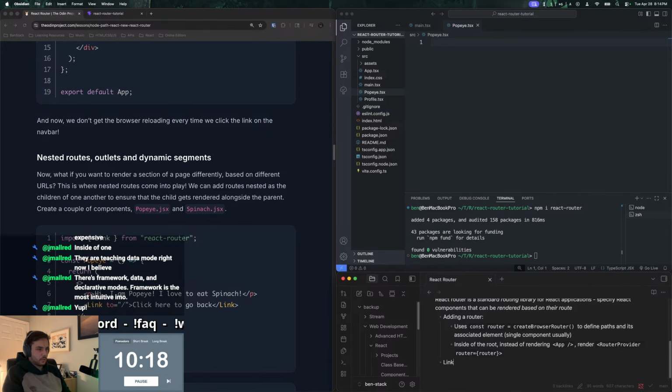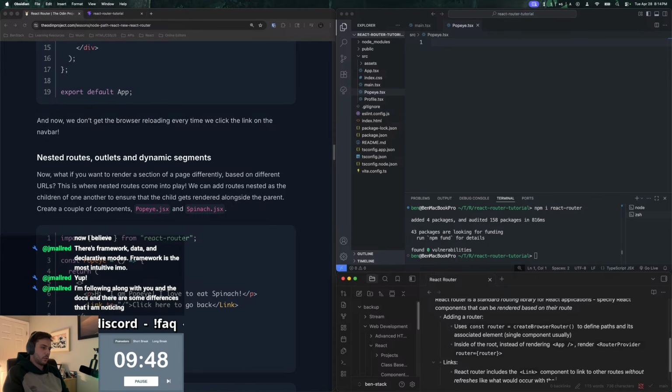Links: React Router includes the link components to link to other routes without refreshes, like what would occur with the